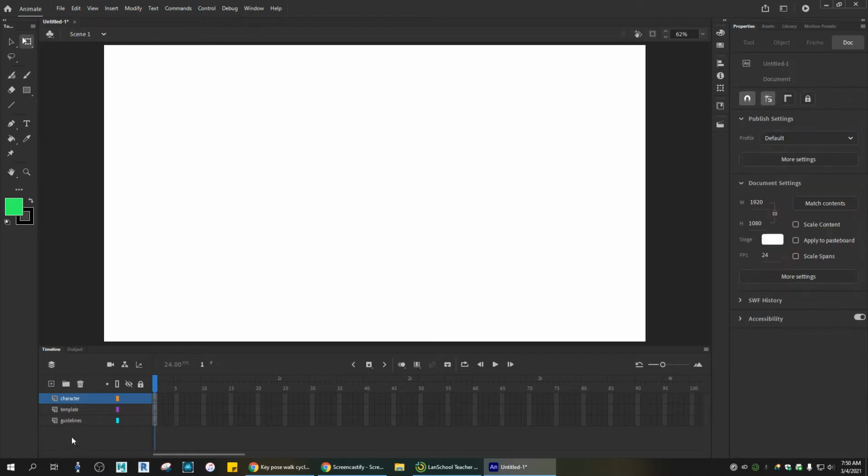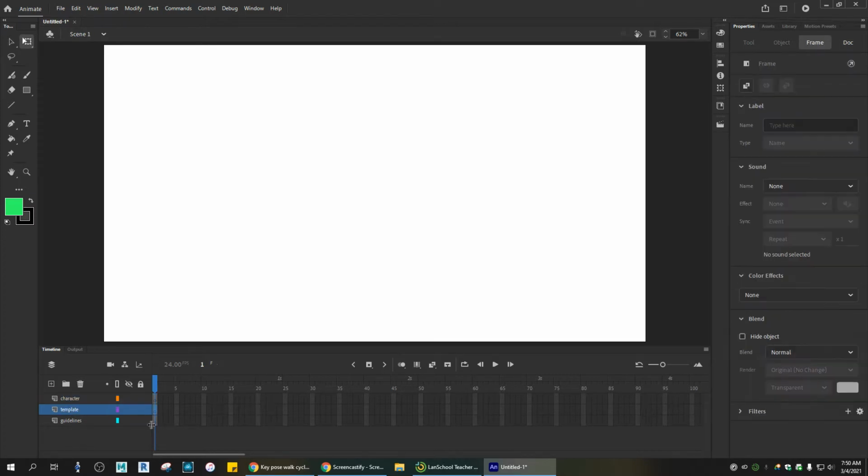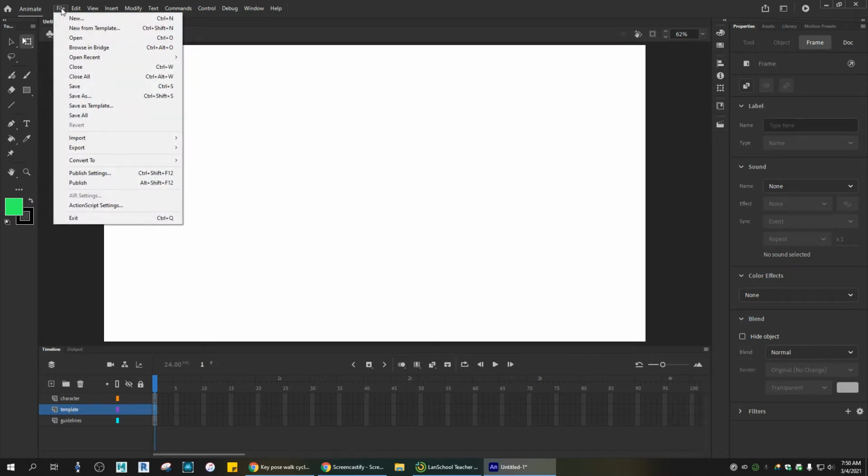So I've got this already kind of set up for me. And I'm going to go ahead and start with my template. My template is the layer that I want to import my image onto. So obviously nothing here right now. There's no guidelines yet because I'm actually going to use my template to help decide where my guidelines are going to go. So I'm going to go up here to File, and then I'm going to go to Import to